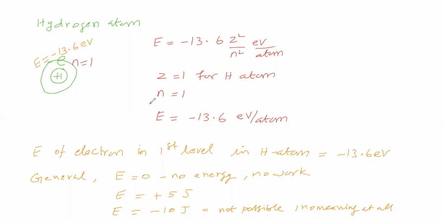Now we will take the energy of the electron. Now see, we have taken here the hydrogen atom. For hydrogen atom, Z equal to 1. For this hydrogen atom, with the electron present in the first level, we considered these values, this Z value and n value, and substituted here. We got the energy of the electron: minus 13.6 electron volt.